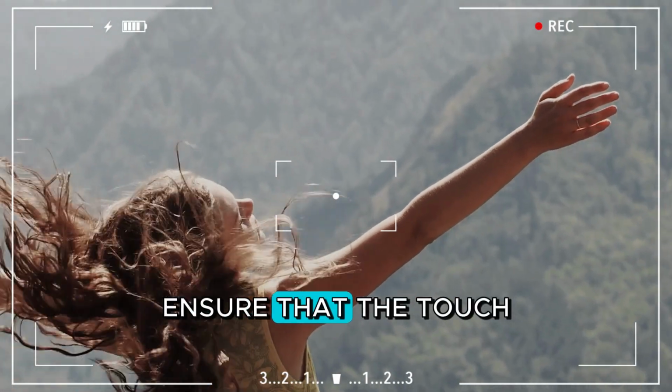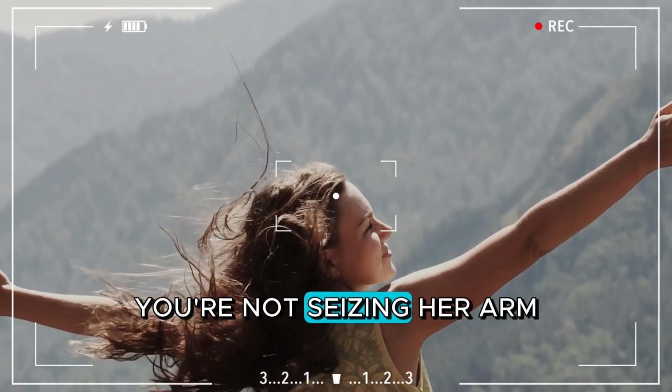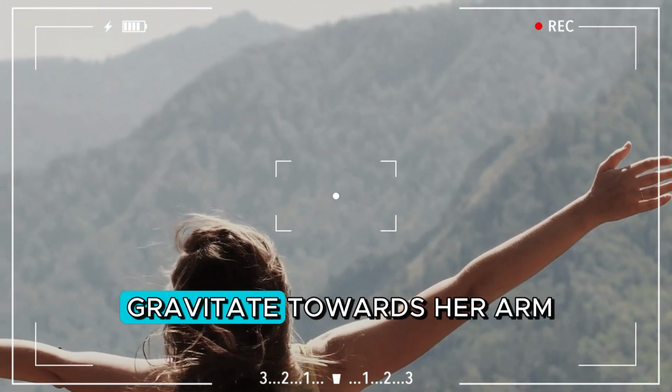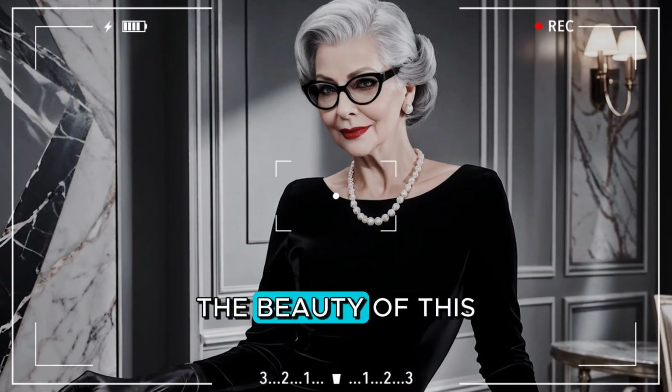However, ensure that the touch feels natural and unforced. You're not seizing her arm like an awkward relative at a family gathering. Instead, let your hand naturally gravitate towards her arm as you lean in to listen or emphasize a point. The beauty of this touch